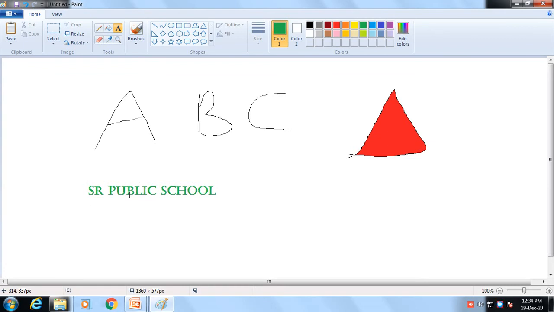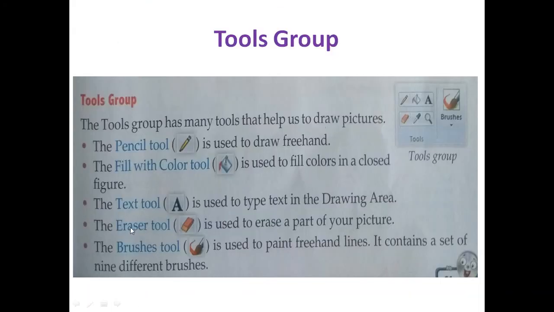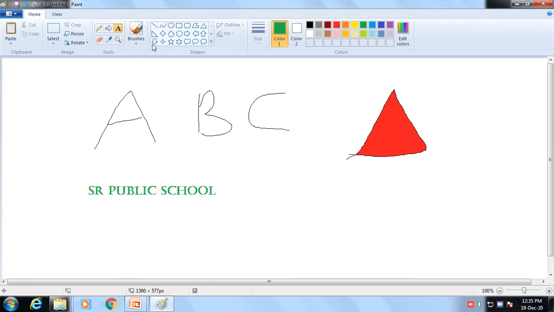In drawing area you can type text with the help of text tool. Fine. Next is eraser tool. With the help of eraser tool you can rub your drawing image. If you want to rub this portion, you can rub it with the help of eraser tool. Fine, like this. Okay.